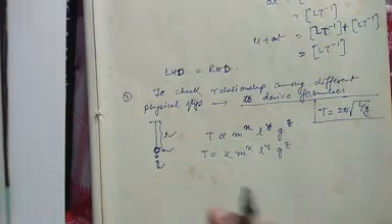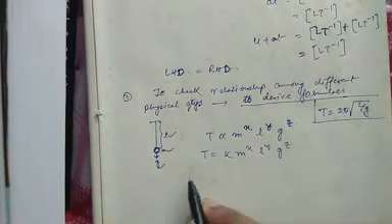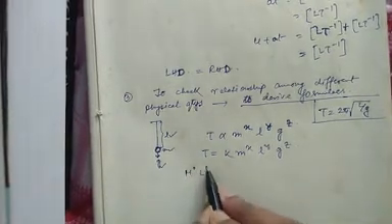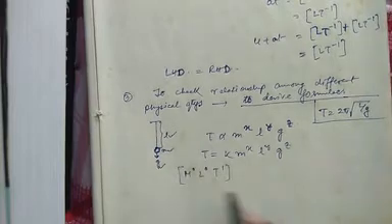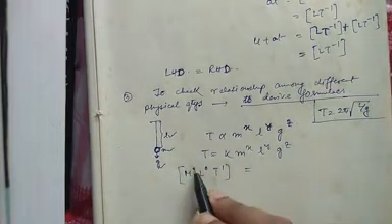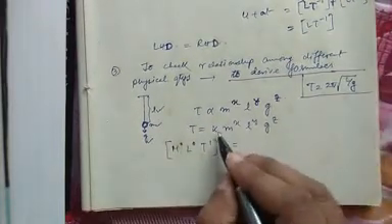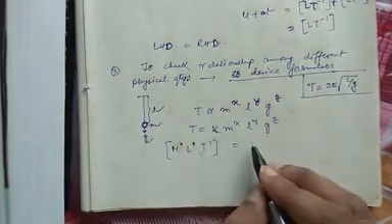Now we write the dimensions of the respective quantities on both sides. So M⁰ L⁰ T¹. Anything to the power 0 is 1. Dimension of a constant